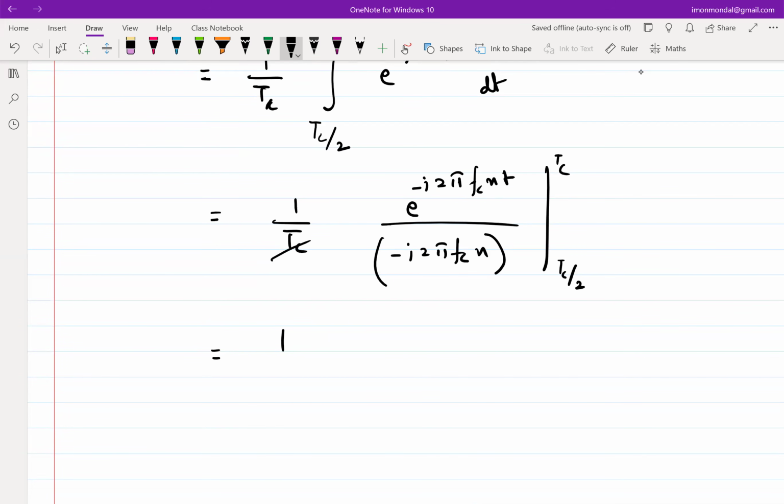This tc and this fc combine to cancel each other. So in the numerator, I get